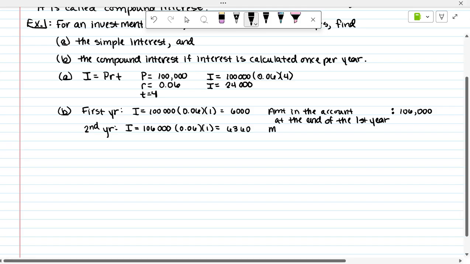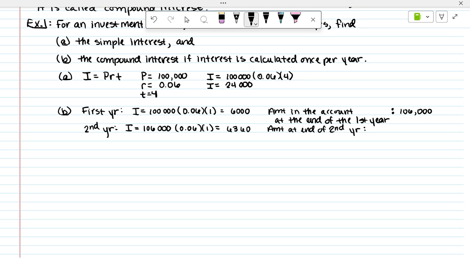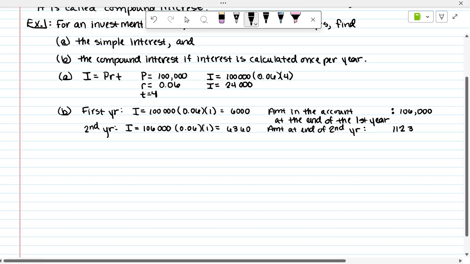So amount at end of second year. We'll shorten that a little bit. Okay. Well, I started the second year with 106,000. Now I made $6,360 in interest. So at the end of that second year, how much money's in my account? 112,360. Okay. That's my new principal